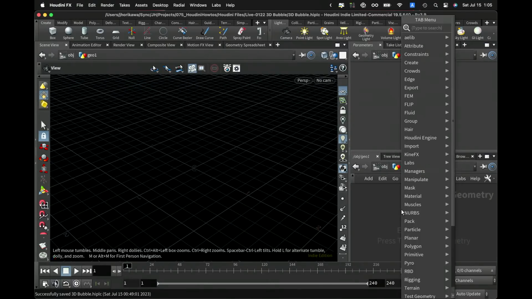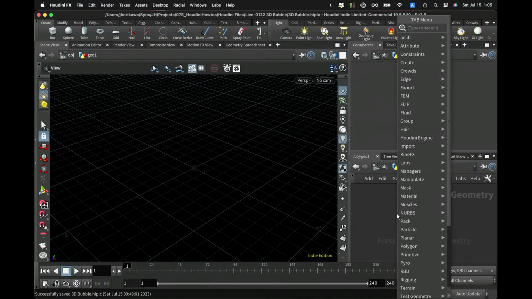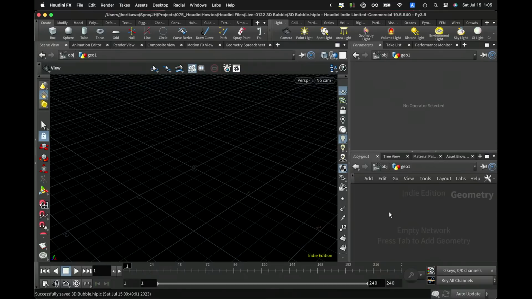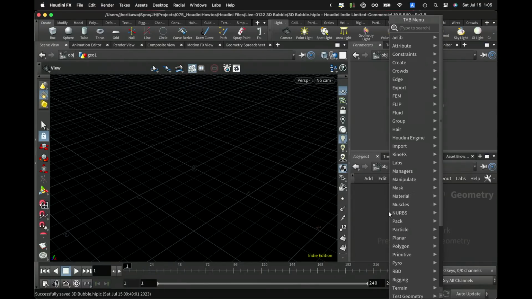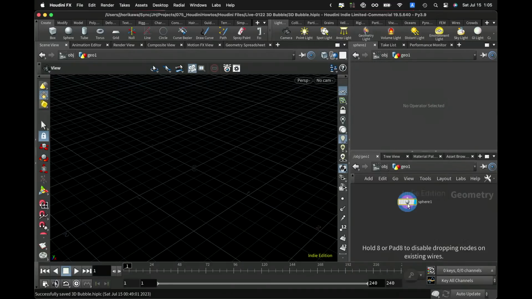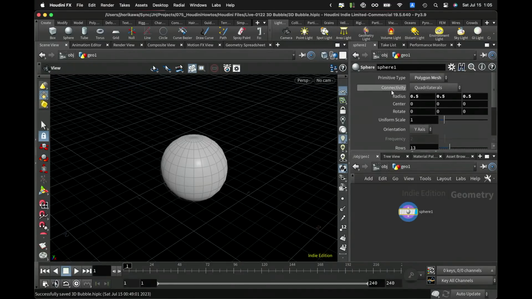Okay, so start with making a geometry node, and I'm going to start by creating the initial base geometry in order to create a bubble like structure. It could be any closed geometry like a sphere or box or any kind of shape, but the sphere could be good for initial testing. So maybe later I'm going to change the initial geometry to test with other types of